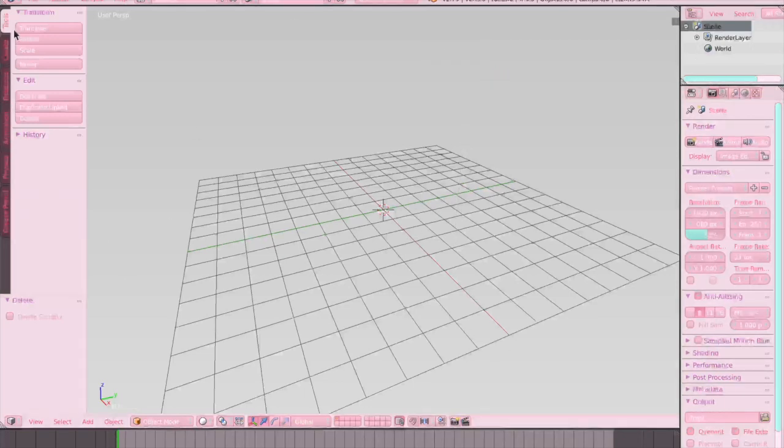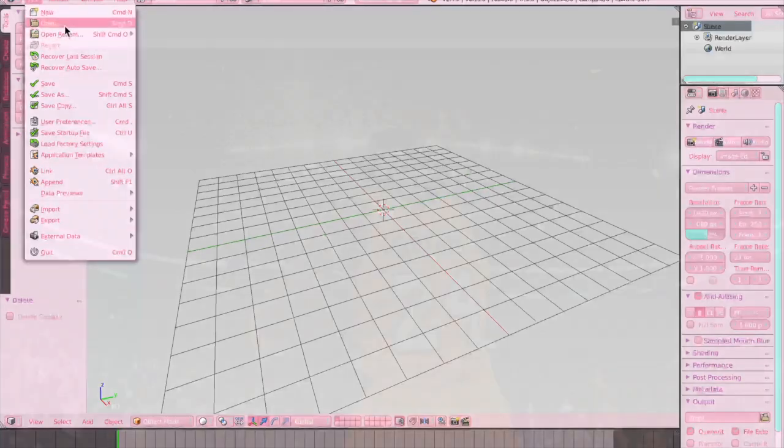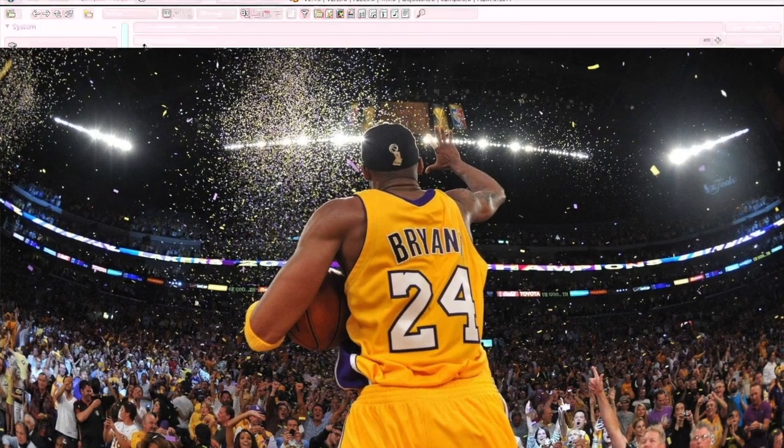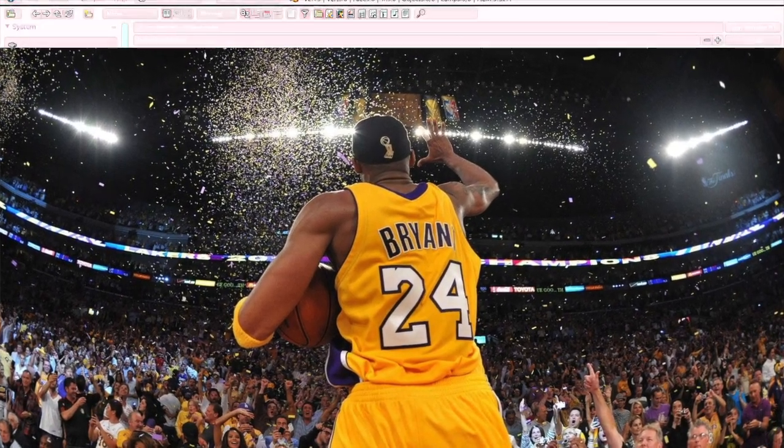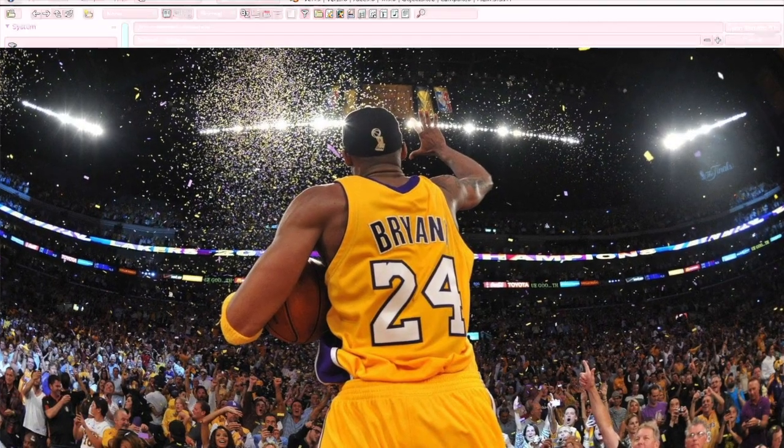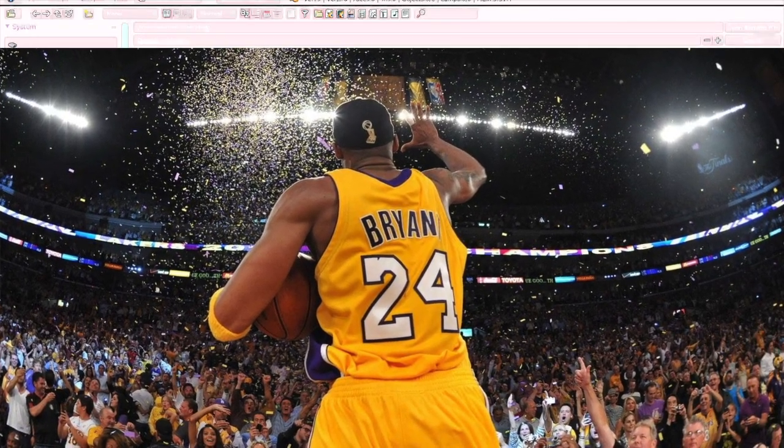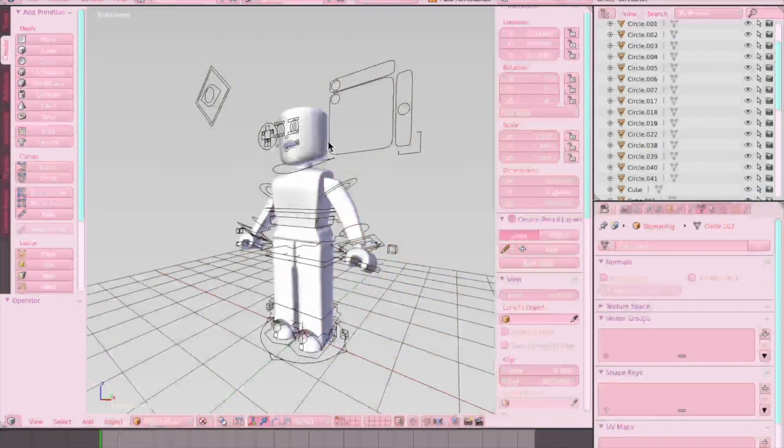So now you have nothing there, so you go to open, and then wherever you saved the rig, open it. Now click B on your keyboard and a cross will appear. It's kind of hard to see on mine, but maybe you still can. You can just barely see it, but anyways, just drag it to right below the mouth, and the